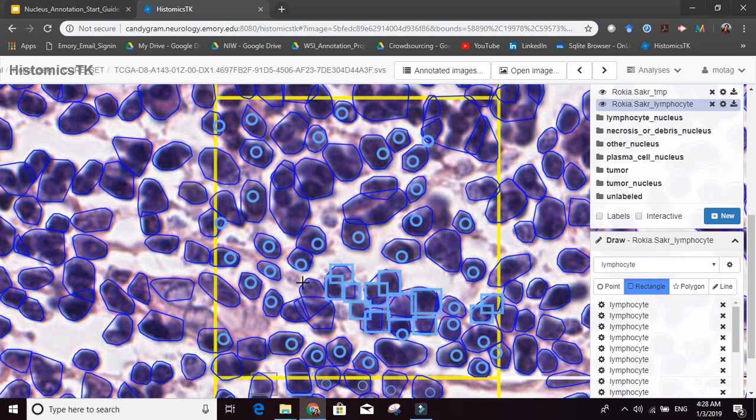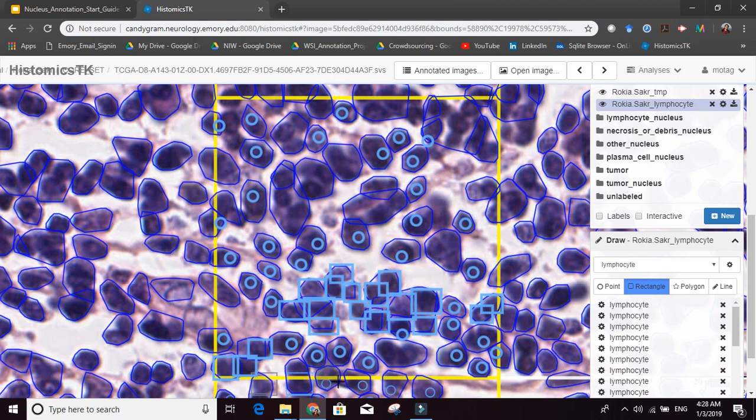So over here you can see this one is a lymphocyte, this one is a lymphocyte here, this one is a lymphocyte here. This one is actually a fibroblast, so I'm going to get back to it later. So let me just label all the lymphocytes first, okay, and then later on I'll show you what to do about these.